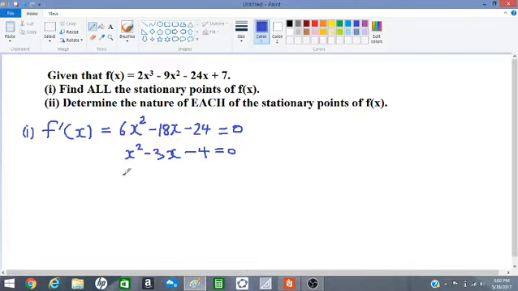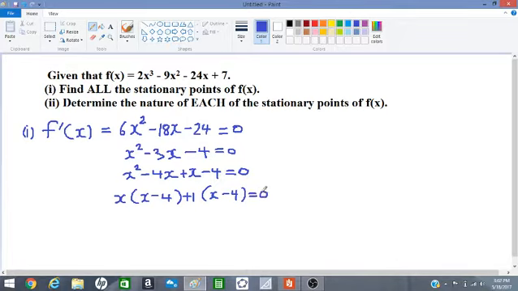So we have x squared minus 4x plus x minus 4 is equal to 0. We factorize two terms at a time. x times x is x squared, minus 4. And we have plus 1 times x minus 4 is equal to 0. We continue our factorization. This will give x minus 4 multiplied by x plus 1